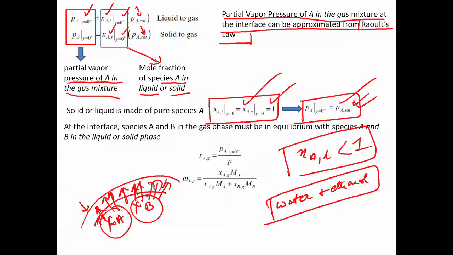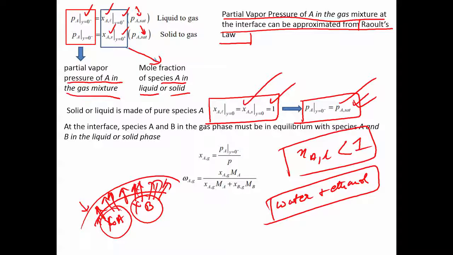So, species A is actually evaporating into the same space, species B is also evaporating into the same space, right. So, they are both fighting basically for the same space, right. Since they are both fighting for the same space, it is obvious that the pressure of species A in that space will be lower than the saturation pressure that species A would have had if it was present alone,